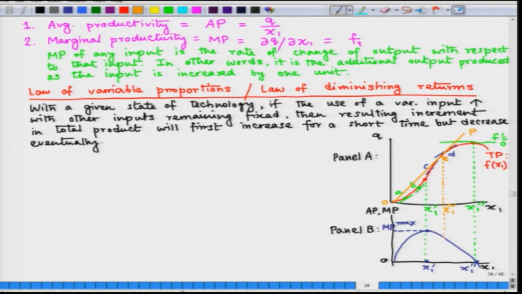So, now let us superimpose that level on panel B diagram, x1 tilde. So, at this x1 tilde level, average product attains its maximum. So, if you take any other point, say B or C on this production function, you see the value of the average product is less, right. So, before this input level x1 tilde, average product curve is basically rising. So, it will attain a highest point at the input use level x1 tilde,